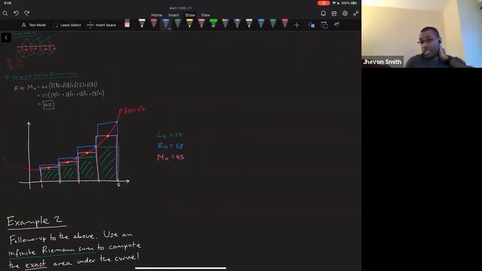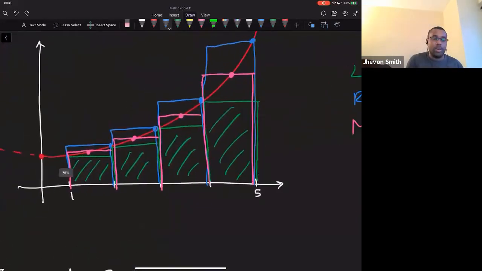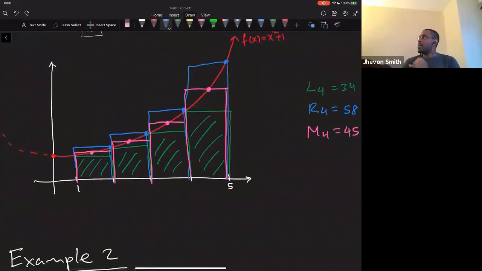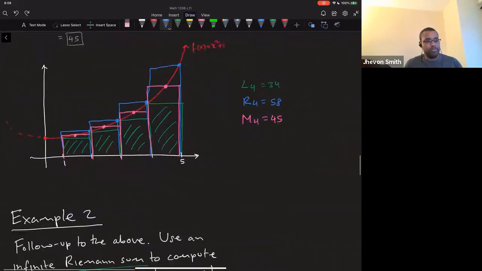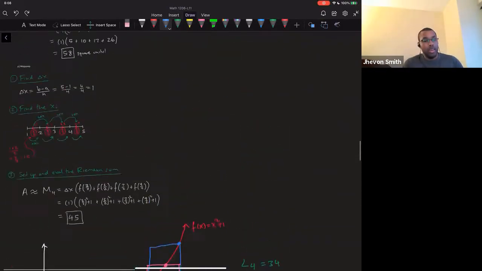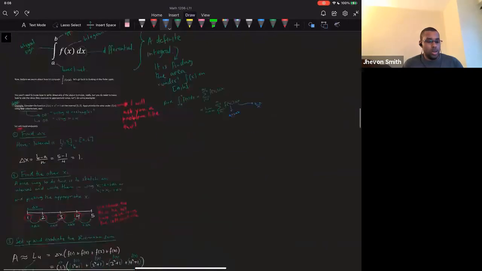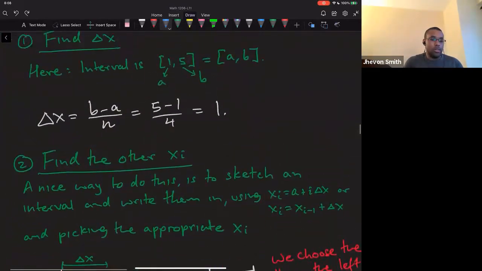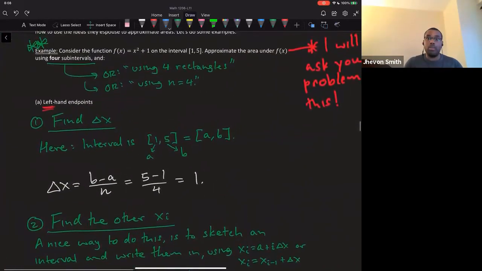So sometimes it's nice to know several ways to configure the problem because you can actually get pretty close depending on what situation you're looking at. So that being said, this is a problem type that you would need to know how to do: approximating area via Riemann sums in the finite case, in which case I'm going to ask you like 3 or 4, as well as